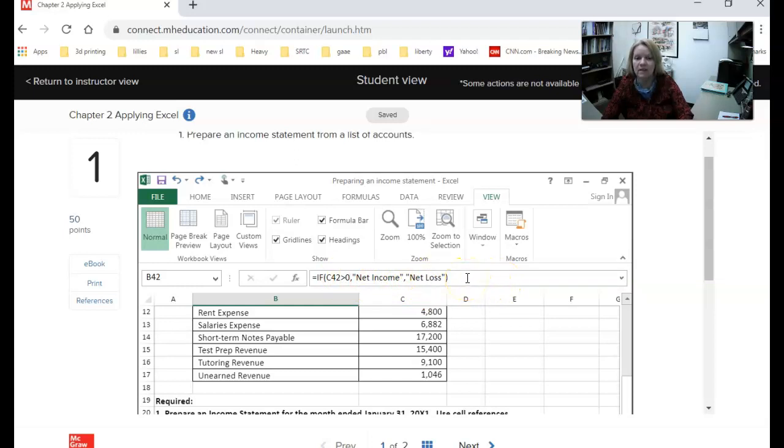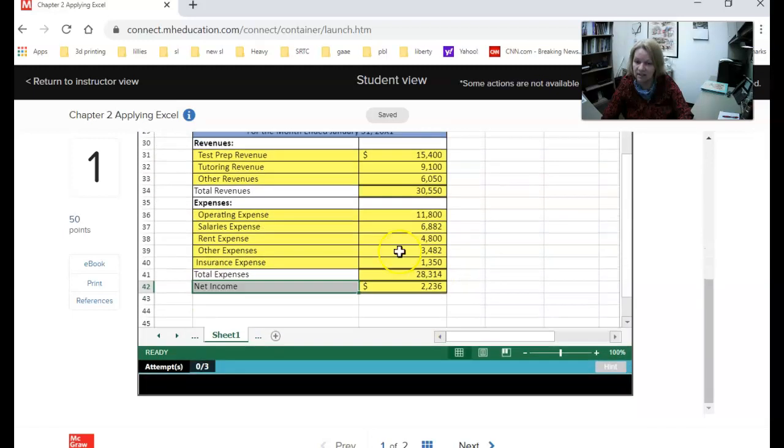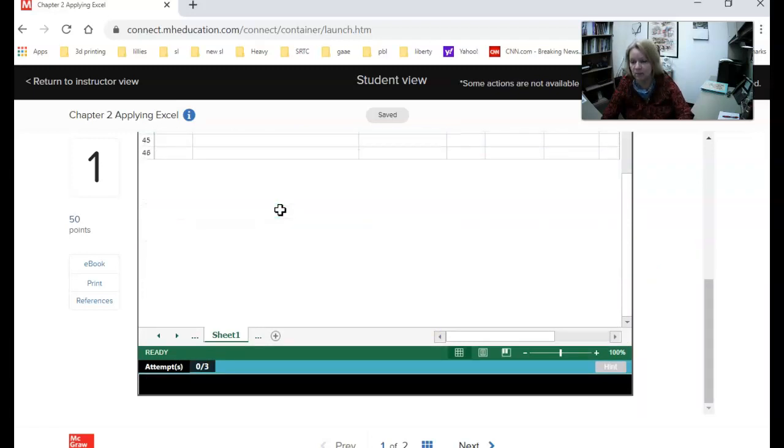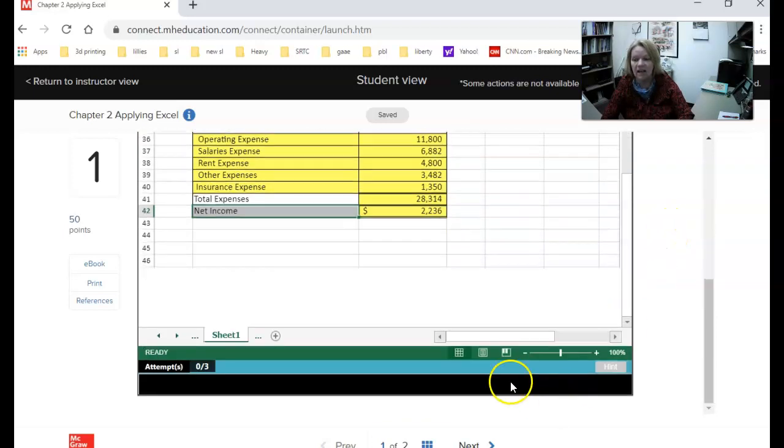Now, because you have unlimited opportunity for this activity, everything else should be right. You can submit it and move on and try that formula again in the next attempt if you didn't get it right the first time like I did, which is okay. Again, that one little piece of it is kind of advanced. Now, the next part of this, when it